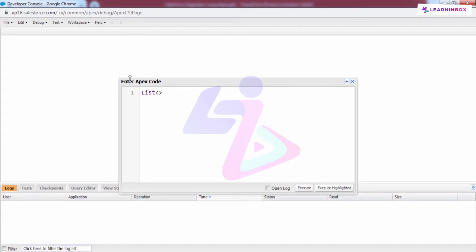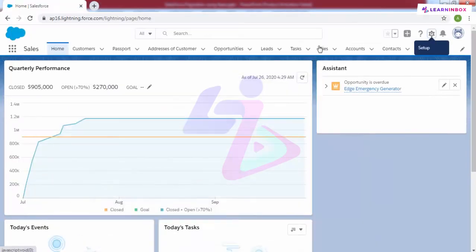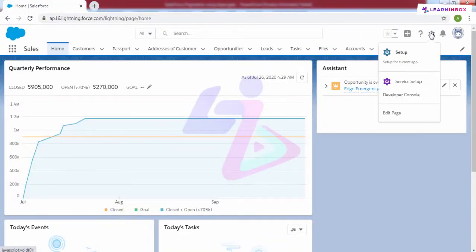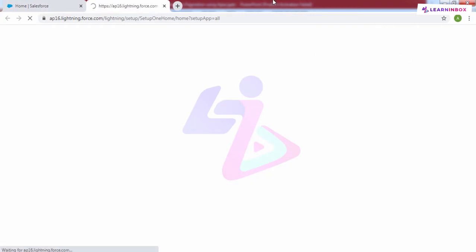List. I have to add the object API name here. I can simply type my API name, but it's always a good programming practice to copy the API name of the particular object from the admin panel. So for that, I'll go to my admin and I'll click on setup.